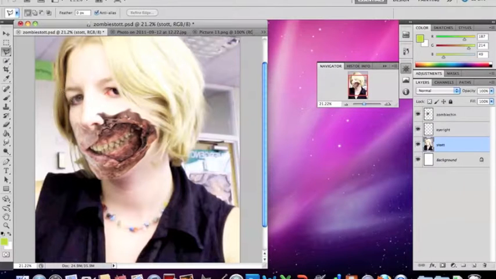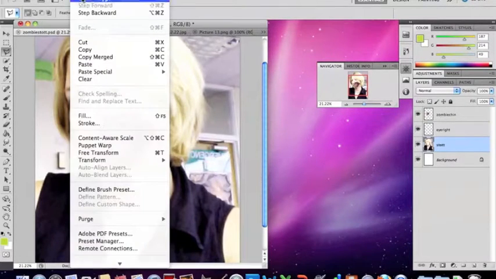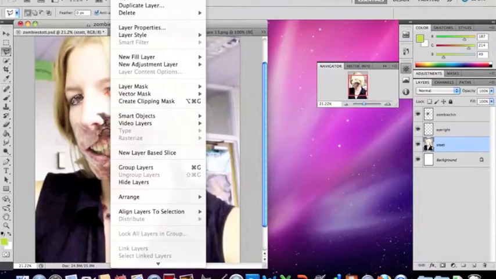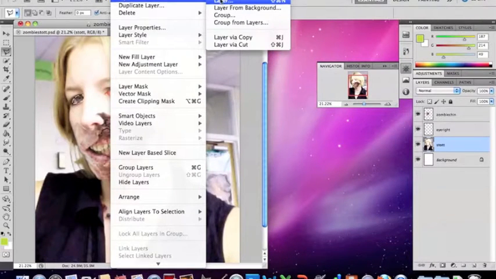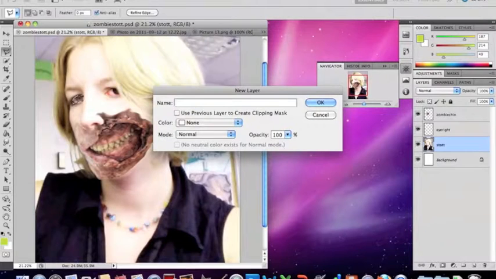Lasso tool, gently go around your other eyeball, nice and carefully, just making sure you get in the eye. Once a little circle comes up, select it, up to Edit, Copy, need a new layer again, so Layer, New, Layer. Name this one Eye Left,